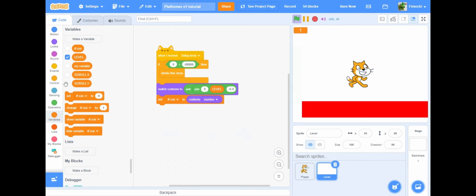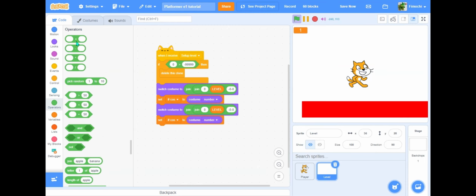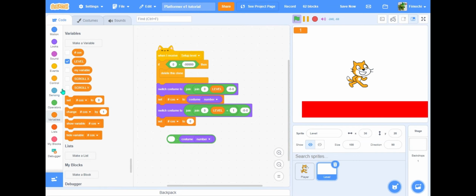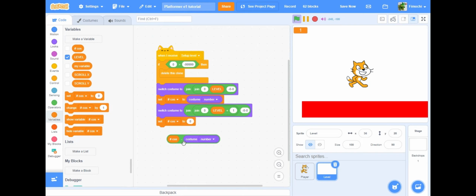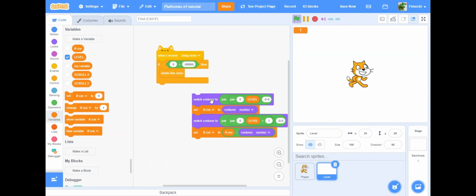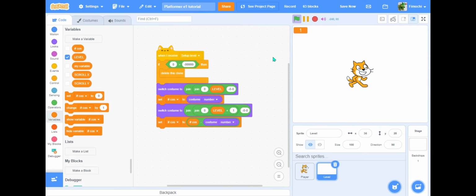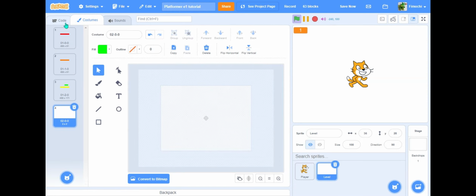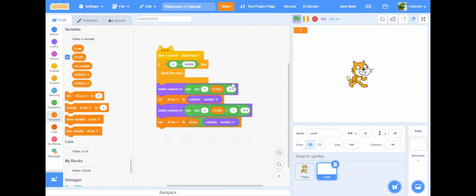Anyway, now we're going to switch costume to, and then what we're going to do is level + 1. So this is going to check for the next level and how many costumes there are away from the next level. So set hash cause to the costume number, take away the previous costume number. And when I click that, click the green flag, and you will see that